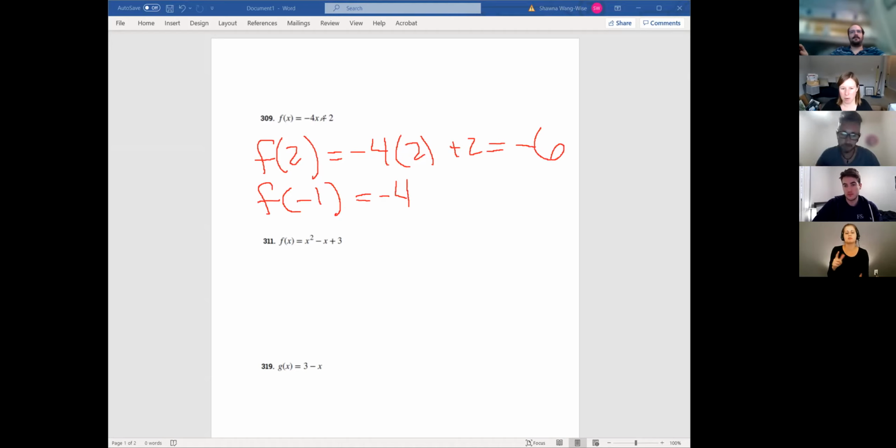You have the problem and there's an X, so we're going to put parentheses there where the X is, and what goes in the parentheses? That is going to be -1. Exactly. There you go. Now we're going to follow order of operations. Let me write this here. f of -1 equals -4 times -1 plus 2. Good. Okay, and then